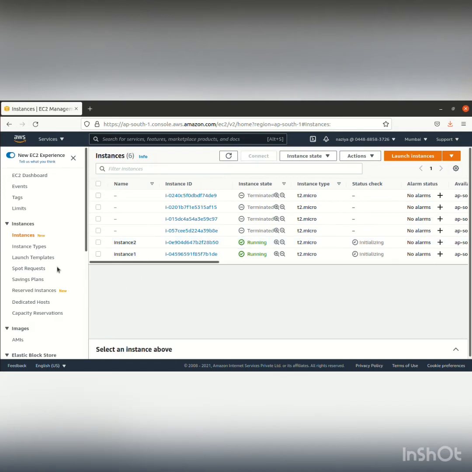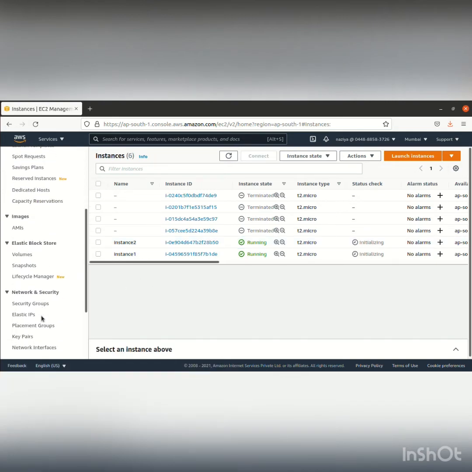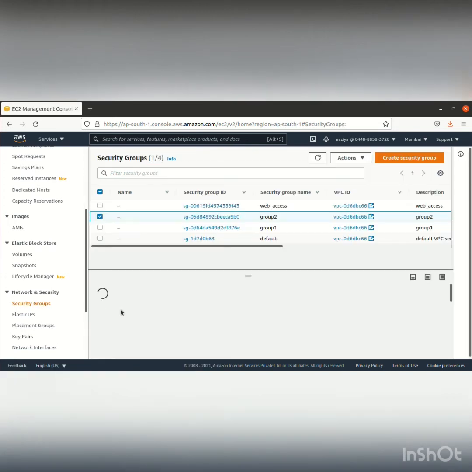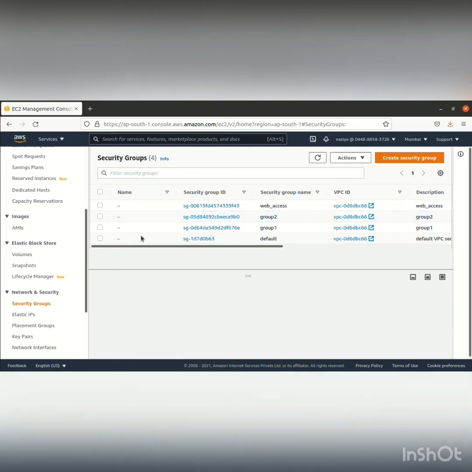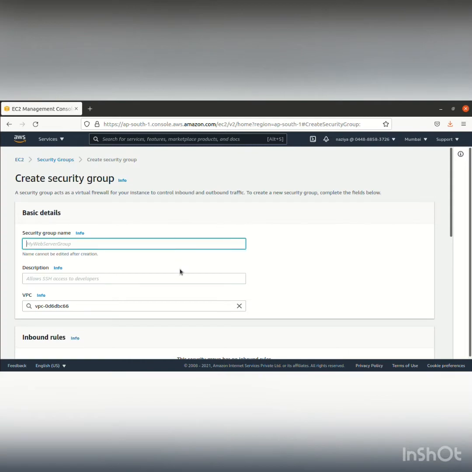Now we'll deselect this. Okay, now we'll go to the security groups. Here we'll create a security group. We can give the name as anything, any group name. I have given this as group A. Just copy paste that.